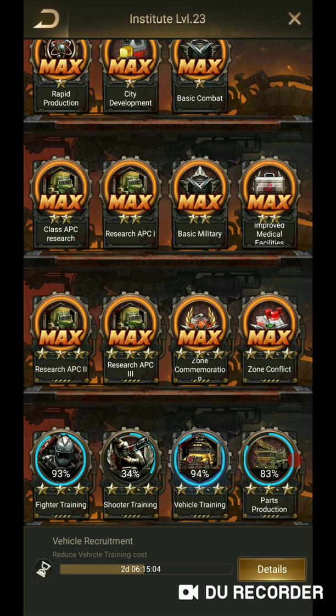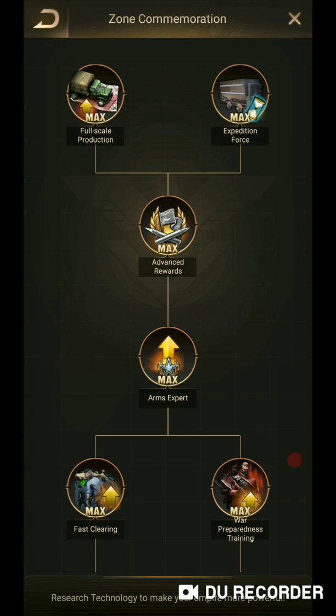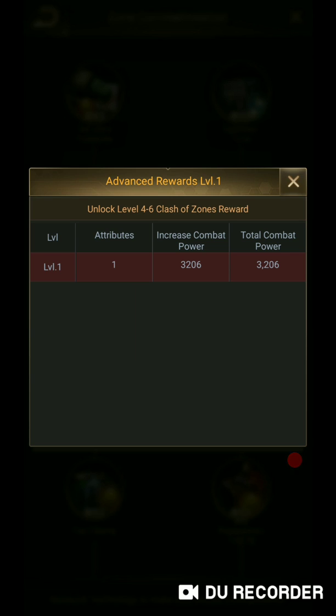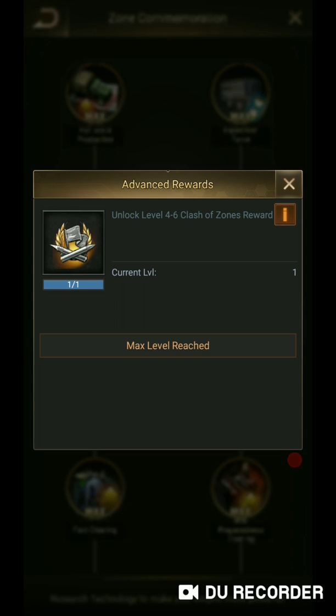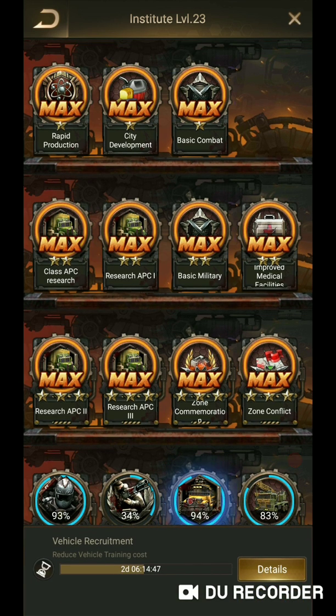But more importantly for right now, the zone commemoration, being the most important, will give you the most points. Just as a quick example, if I start the second tier of advanced rewards, it'll give me a 3,200 increase in